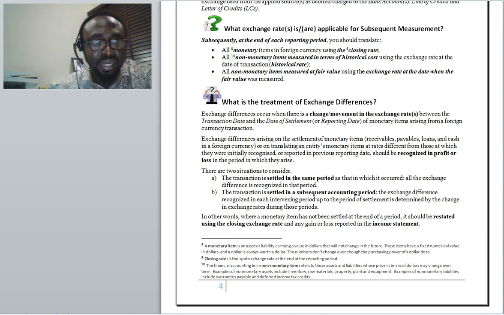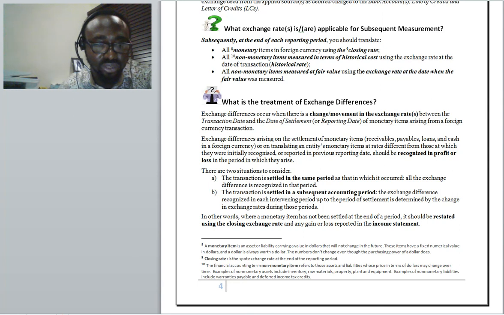Whereas the movement or changes between the reporting date and the settlement date, that is, between 31st of December 2016 and the settlement date, 9th of February 2017, will be deemed to have been realized in addition to the earlier unrealized as at the settlement date. And in that situation, such gain, which emanates from the difference between December 31st, 2016 and 9th of February 2017, will be reported also in profit or loss. That represents the two situations that need to be considered in the accounting for exchange differences in the financial statements